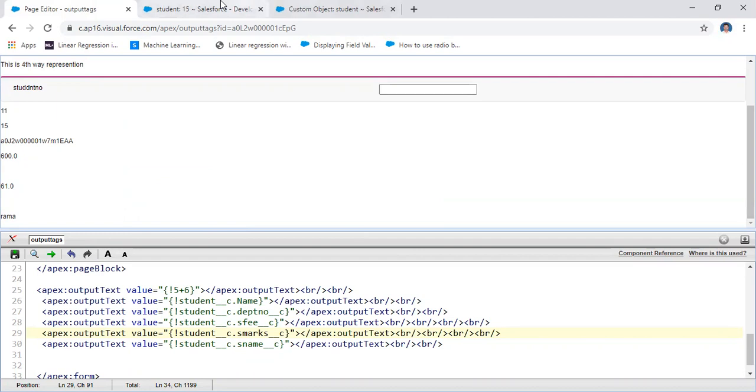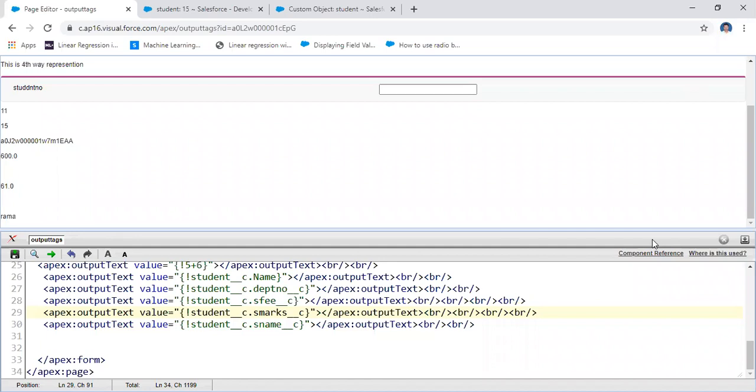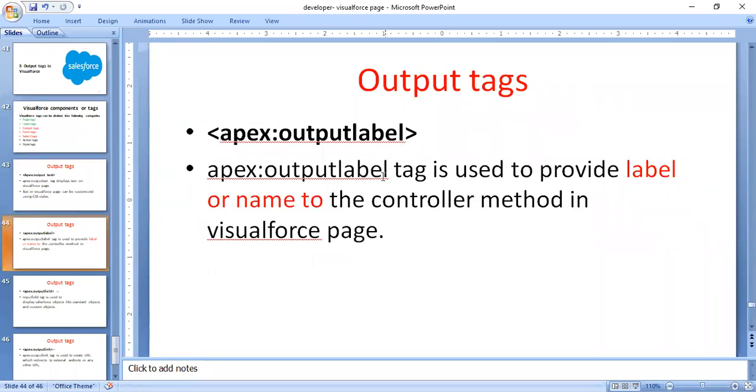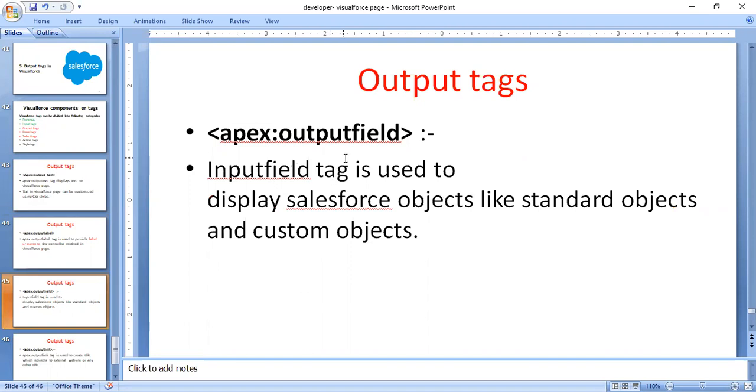This is another way of displaying the student output field text. Output text. The next important one here is the output field. That means label, which we already discussed previously. What is the output field here?